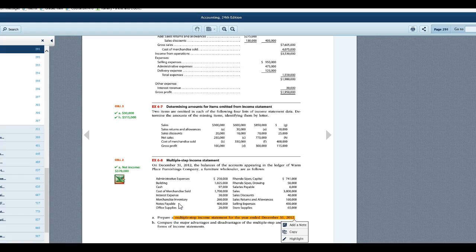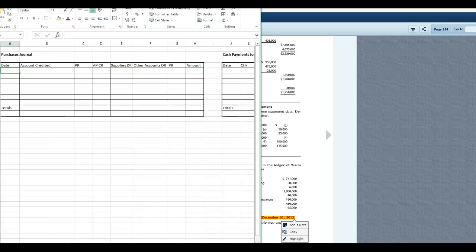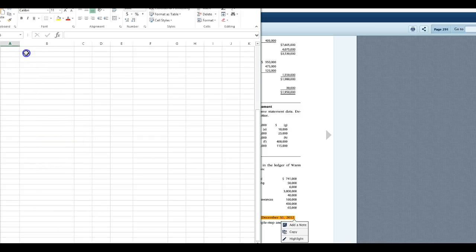So just to remind you from previous chapters, we started looking at the income statement in chapter 1. We only use the following accounts for an income statement. You use revenue and accounts with the word expenses in it. And that's from chapter 1. But when we look at the example on page 256, there's an example of a multi-step income statement that you can follow,